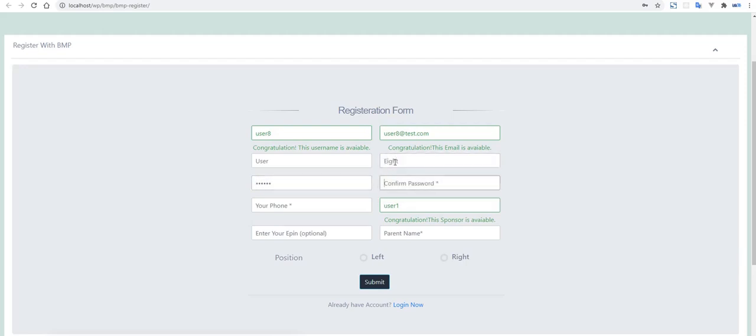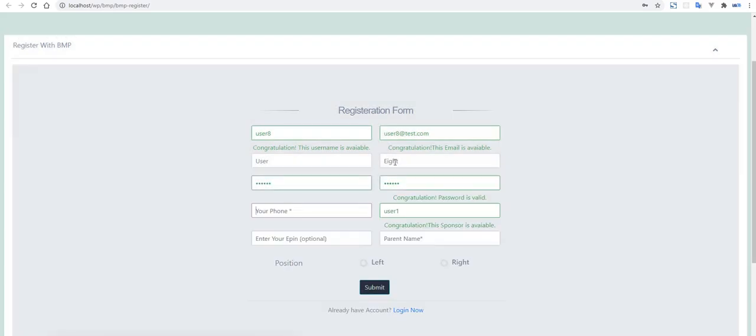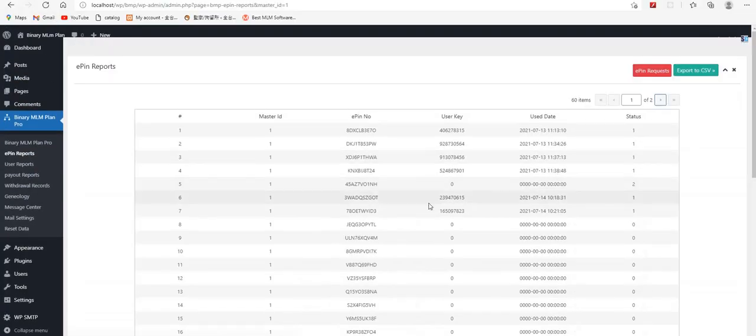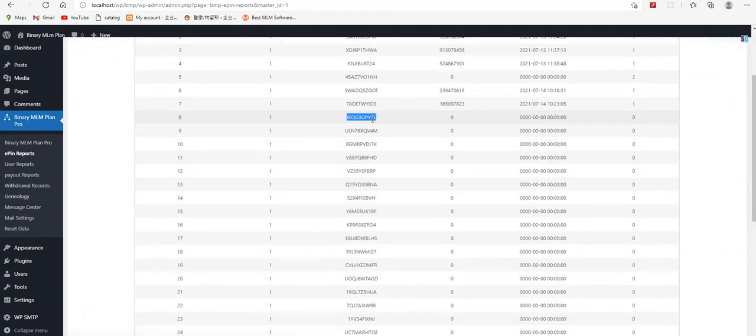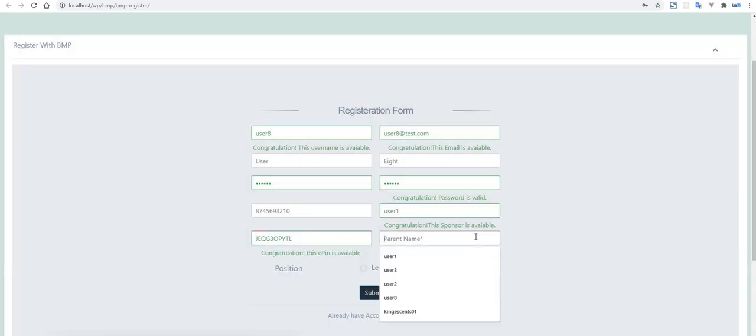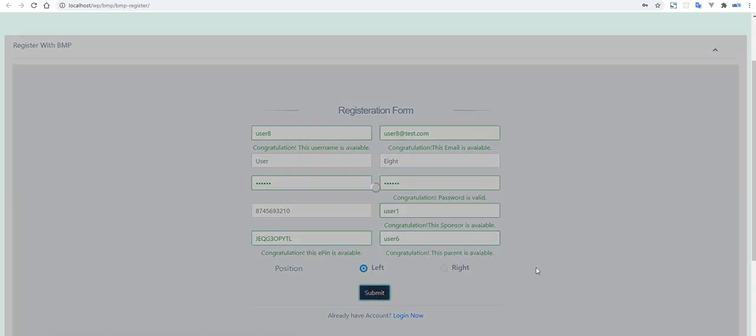I am using the password 123456 and any phone number that you want, and I am just putting in e-pins here, basically. So this is not used. User 6, I am using this one, user 6. So in the left side of this one, I am placing it here.